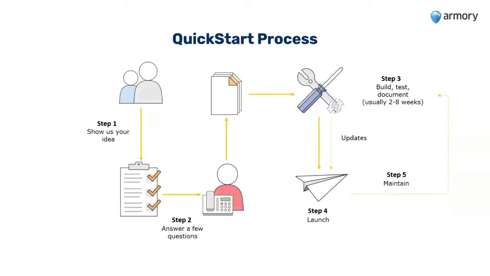The quick start process. This is the process that we work with our partners at AWS. We show them our idea of distributing Armory Enterprise as a quick start. We answered a few simple questions, and then we went through the development process of engineering the CloudFormation with our partners at AWS. And then we are launching today the quick start infrastructure so that it's available to the entire Spinnaker Summit